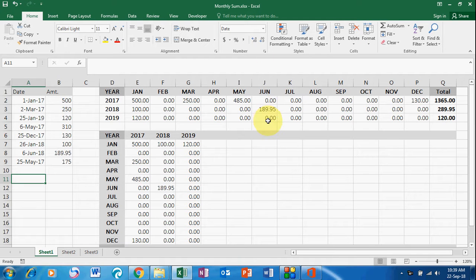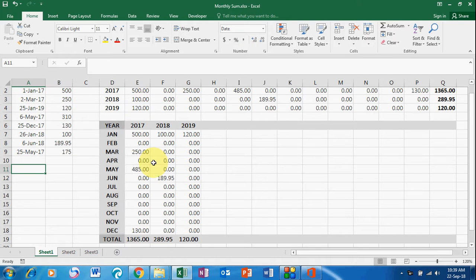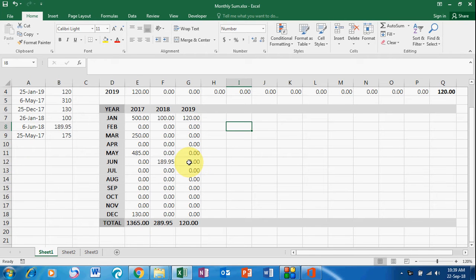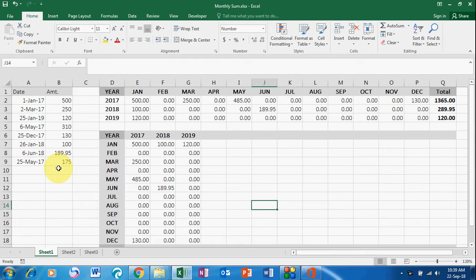This program is a summary of transactions. It will give you the monthly summary if you have some transactions on particular dates, and you can extend this to years also. And this is a month, this is years, so it will give you the monthly summary, and this is the yearly summary. So if I add one more entry for, let's say,